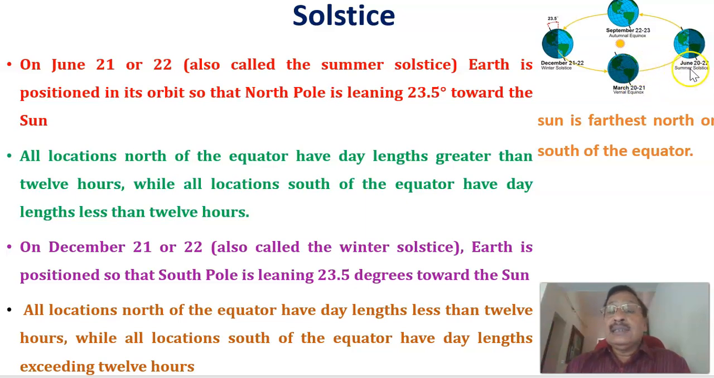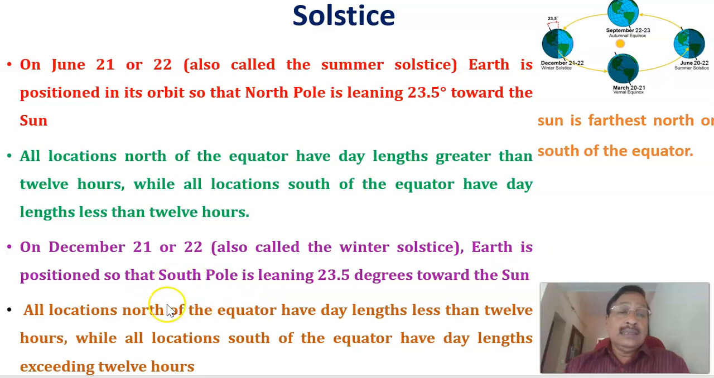That is June 21 to 22, when India is leaning on the northern side. Therefore, during this period, we will have more daytime than night. Now, on December 21 to 22, that is this position here, the winter solstice, Earth is positioned